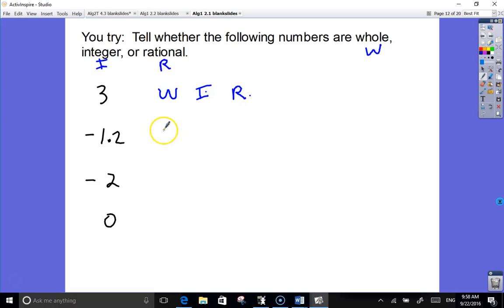What about -1.2? Not an integer. Rational only. How about -2? Integer and it's rational. And how about 0? All 3. Okay, so